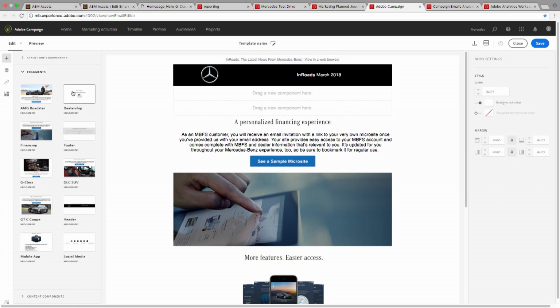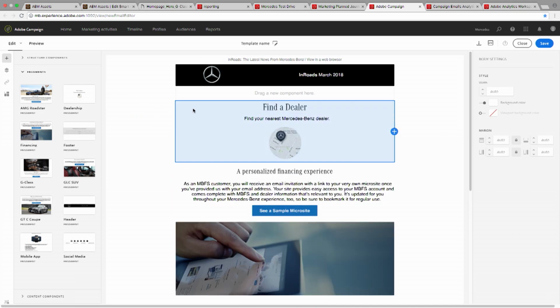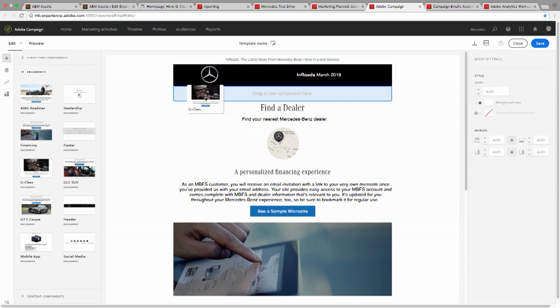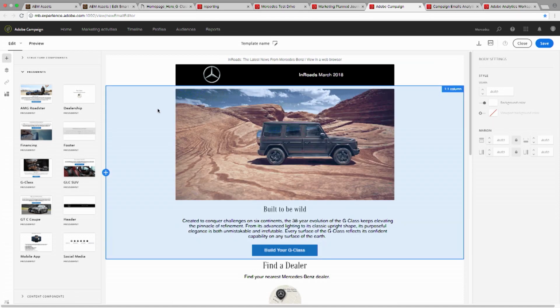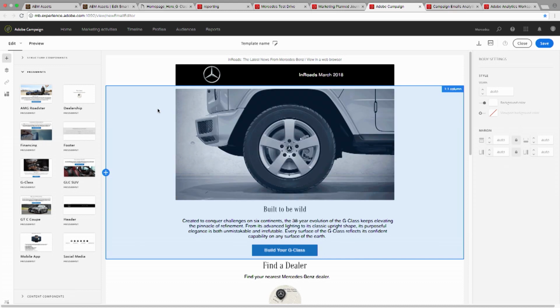So, of course, I want to drive people to a local dealership. So I'm going to use this piece of content. And then, of course, the G-Class car. After all, that's the car that we want to promote, right? And there you go. With just a couple of clicks, a couple of swipes, my email's built, and I'm ready